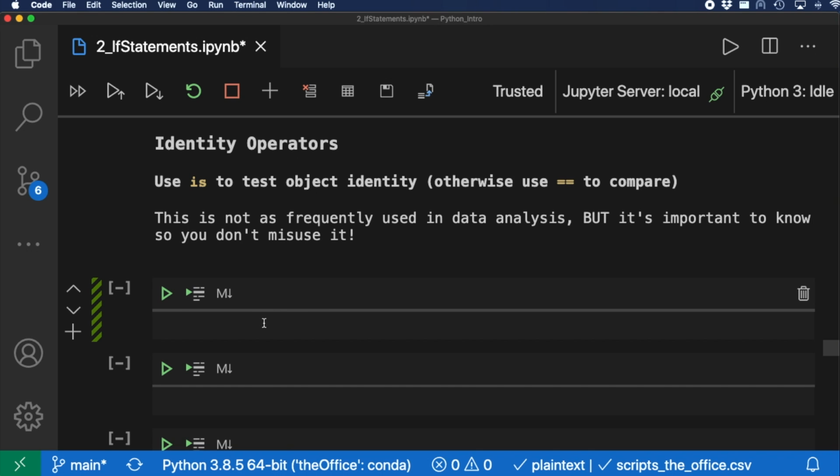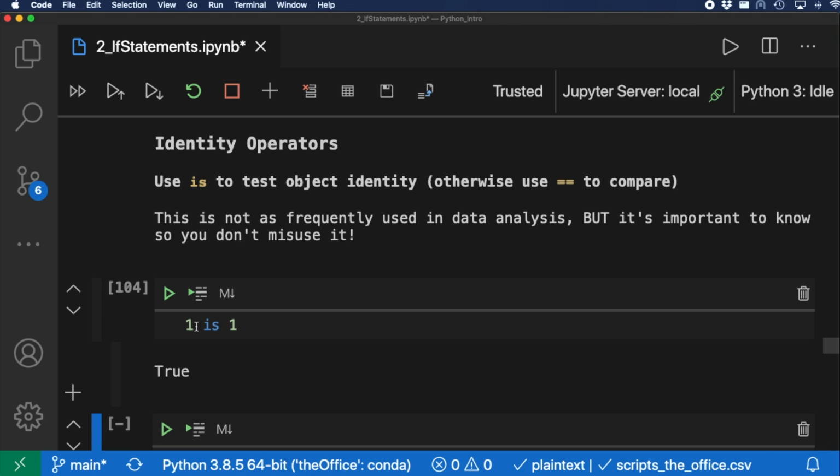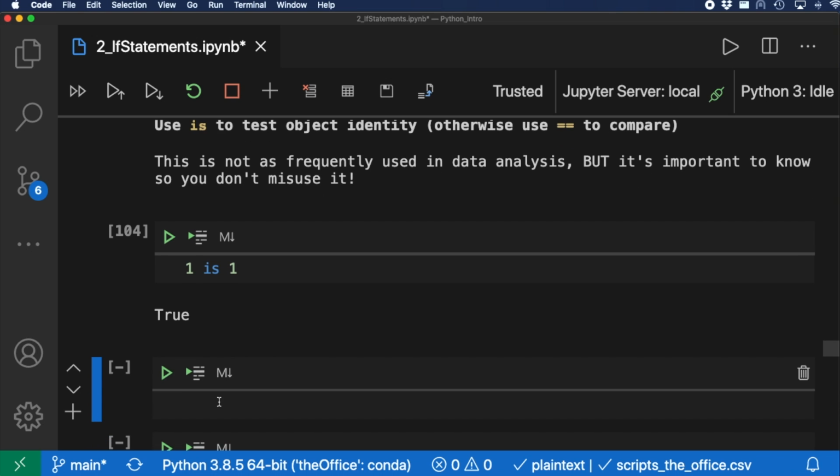And let's just show this. What do I mean by identity? If we did a simple example, 1 is 1. This is true. And we have a built-in function within Python to see the identity. So if we did ID of 1